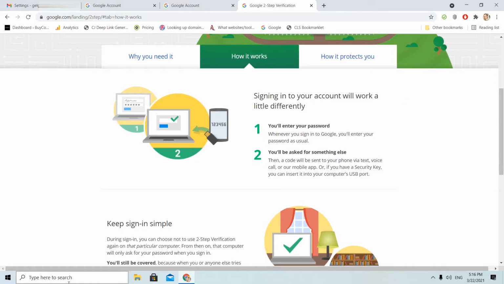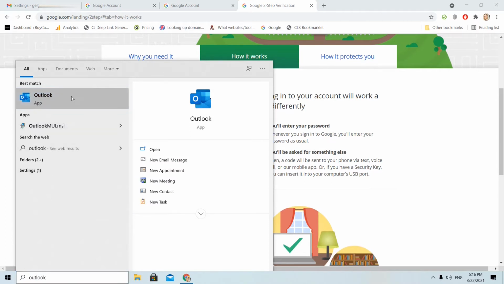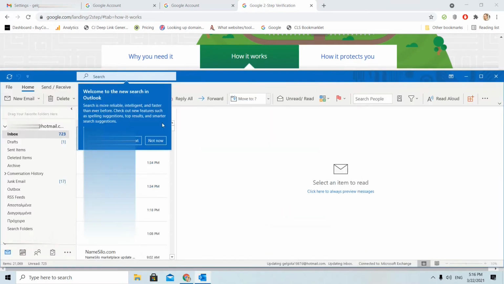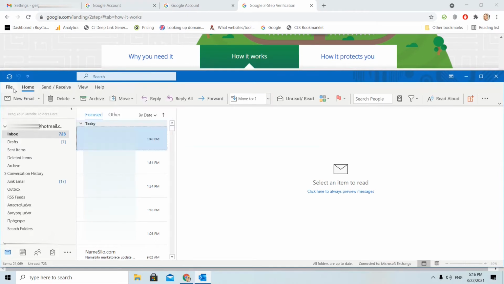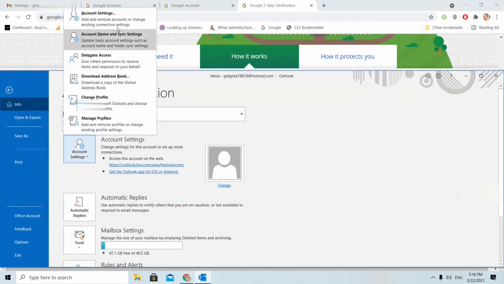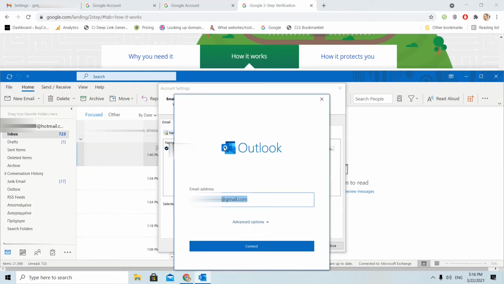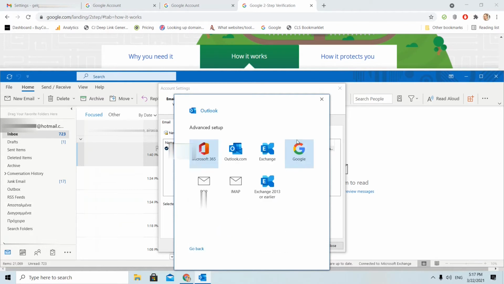Now let's open the Outlook. We need to choose the File section, check Account Settings, and here under the Email tab we will choose New. We will type our Gmail, we will check Advanced Options, the arrow, let me set up my account manually, and then we connect. We will choose the IMAP choice,